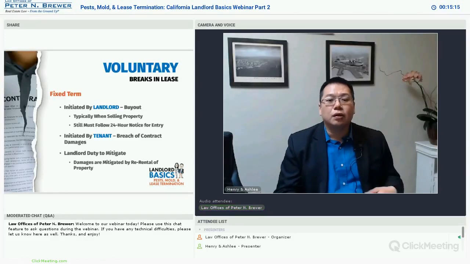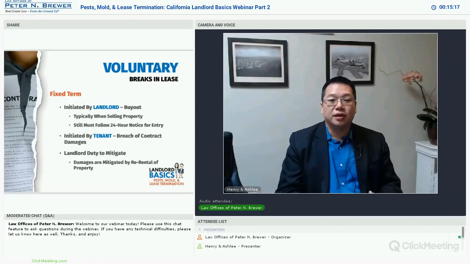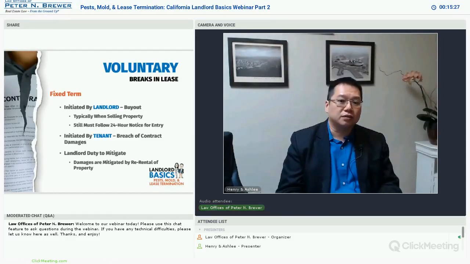And so if a landlord wants to terminate early, typically what's required is that they need to reach an agreement with the tenant, because you can't just terminate a contract without some sort of agreement. And so oftentimes we'll see landlords work voluntarily with a tenant, either in agreement to leave early because the tenant doesn't want to be inconvenienced, or, more often than not, offer some sort of buyout to get the